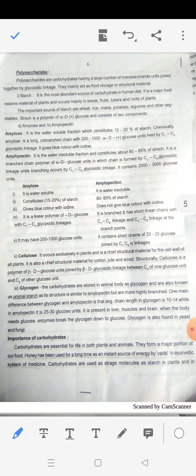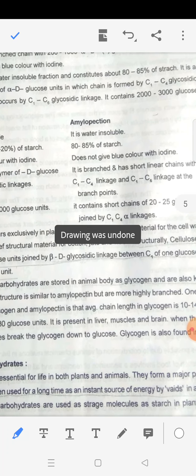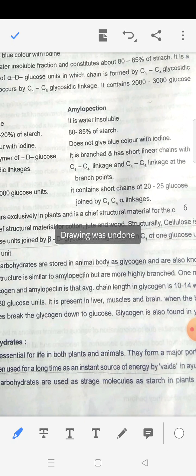Amylopectin is around 15 to 20% of starch, and the remaining is amylose. Now, amylose has a more or less linear structure, where the glycosidic linkage is formed between carbon 1 of one unit with carbon 4 of the other. Whereas amylopectin, in addition to the linear structure, also has a branch. And at which position is the branch? Please try to remember this. C1 and C6. In addition to C1, C4, it also has a branch at C1 and C6. The figures you will find in the textbook.